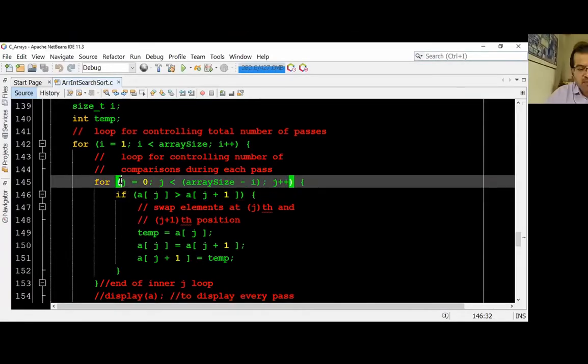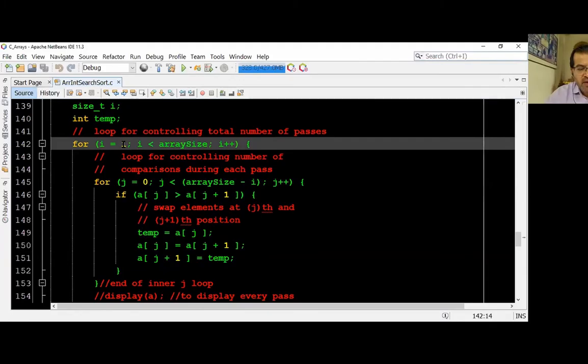I want you to have a look at the other sorting function, that is selection sort. If you do the way I have shown you right now, you should get it. The logic is not at all different from what we discussed in the example yesterday. If you look at the implementation, it's the simplest implementation. Number of passes is number of elements minus 1. So if array size is 10, I go from 1 to less than 10, that means 9 passes.